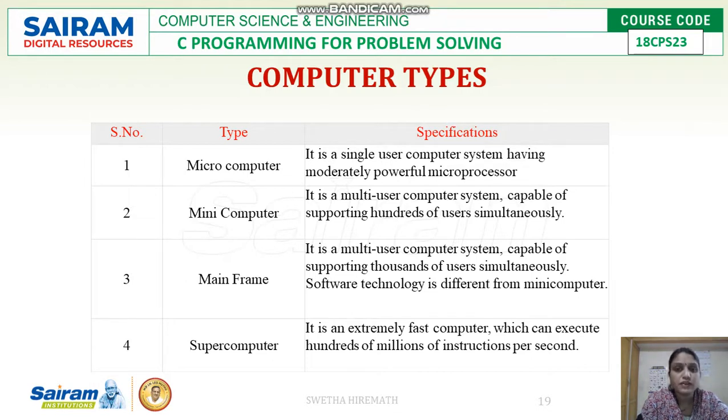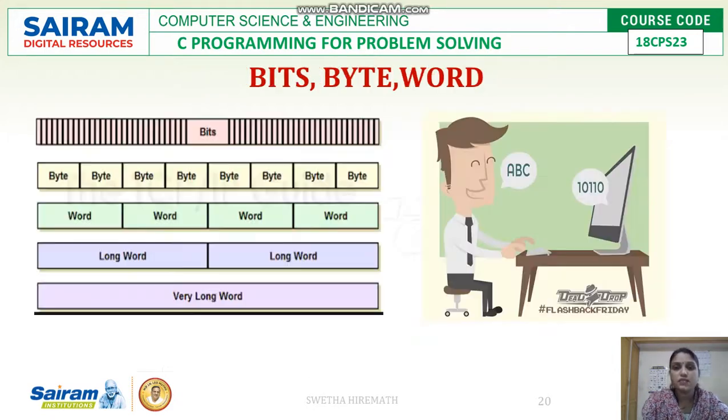So this is about the different computer types and how they are used in our day-to-day lives. Coming to the next part of our syllabus, it is mainly about how we store data in our computer system. We store data in small units called semiconductor cells, and each semiconductor cell holds 1 bit of data. A bit is the smallest unit of storage of values. We measure data in terms of bits.